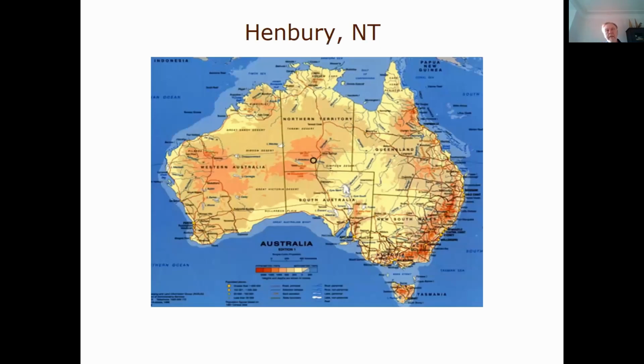The site that I have been picking on is a site known as Hinberry in Central Australia, Northern Territory. Here it is encircled, and it is a selected site because although we are very much interested in very, very large meteorite impacts, they are fortunately also very, very old. So when we are searching for fragile materials, we cannot expect them to have survived in the environment for 200 million years. We need to go to younger impact craters, and one example of that is Hinberry.